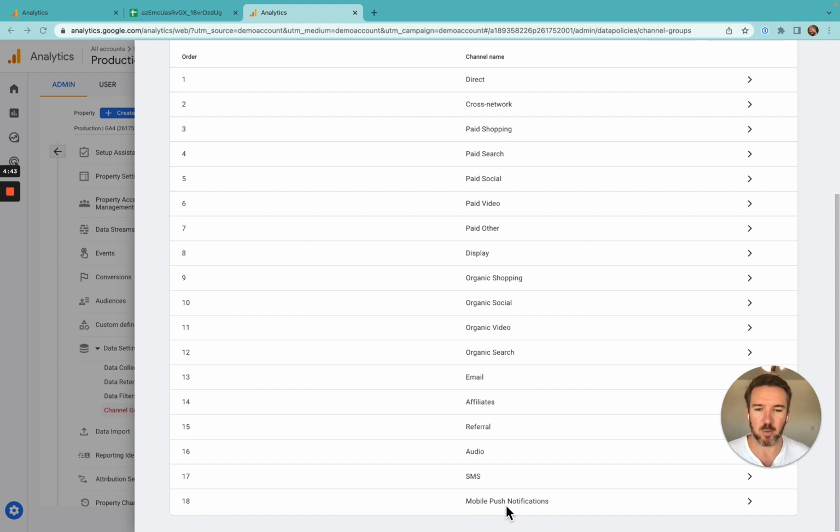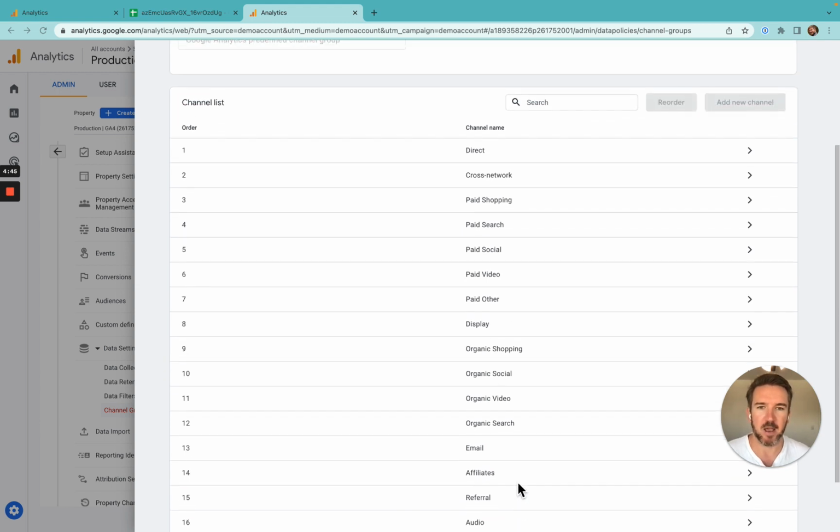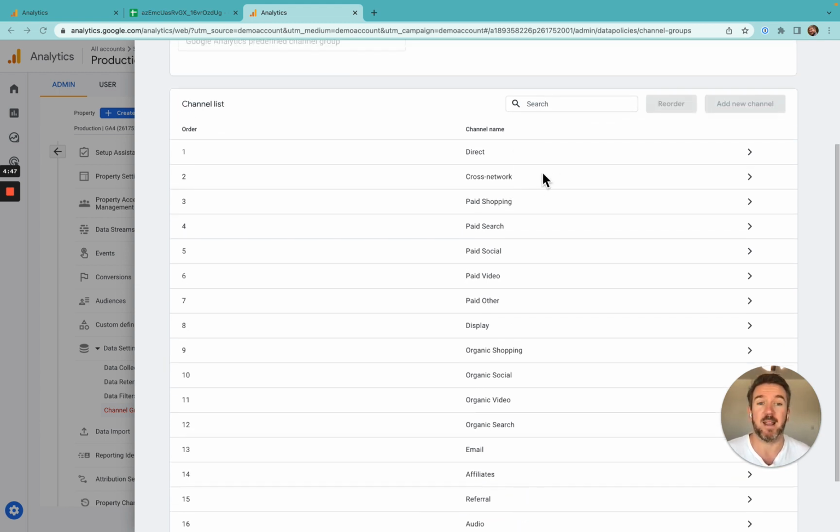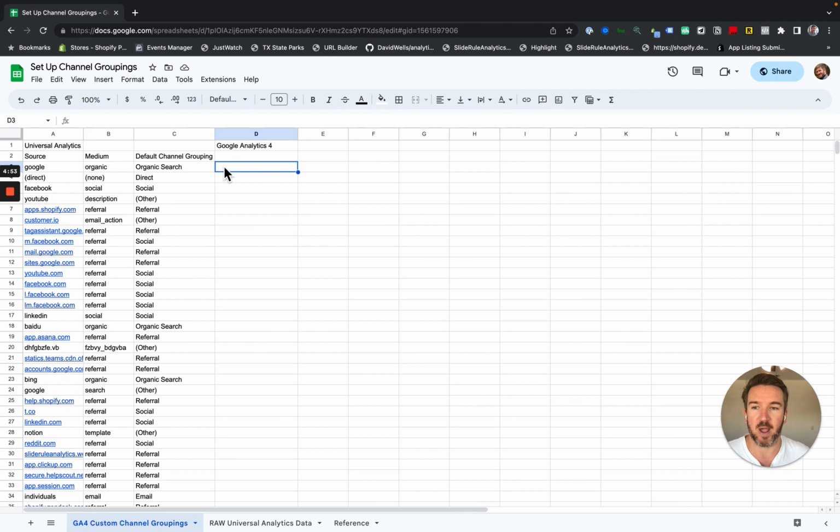You won't get mobile push notifications and things like that. But just be prepared for these to be quite different, right? So these channel groupings will be different than Universal Analytics. So one thing you could do is just go ahead and